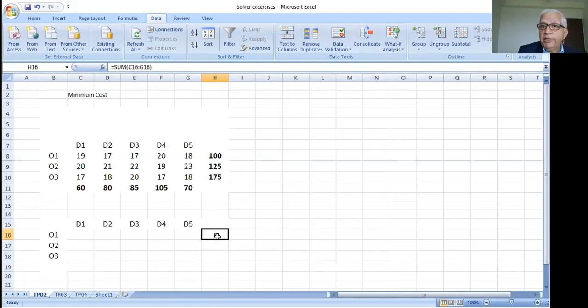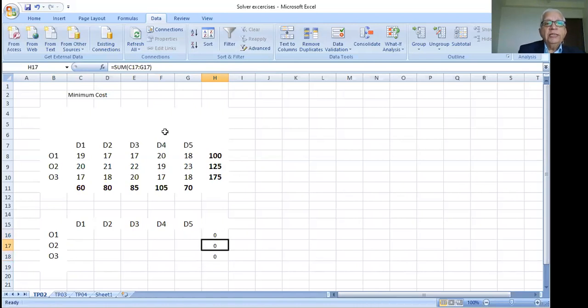And what will this be equal to? This will be equal to 100 when the problem is solved. Okay. Now similarly, in this cell over here, I'm going to generate the total of the second row. That will be equal to 125. Okay. So here I'm simply copying the formula. I'm saying Control C, and on these two cells, I'm saying Control V.